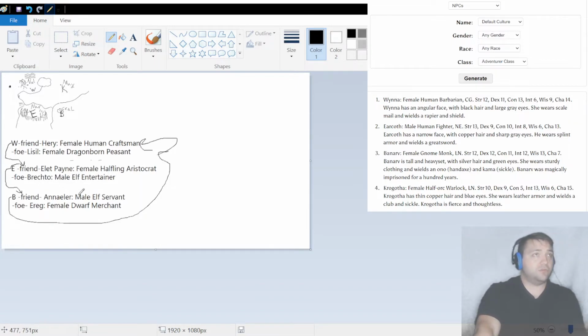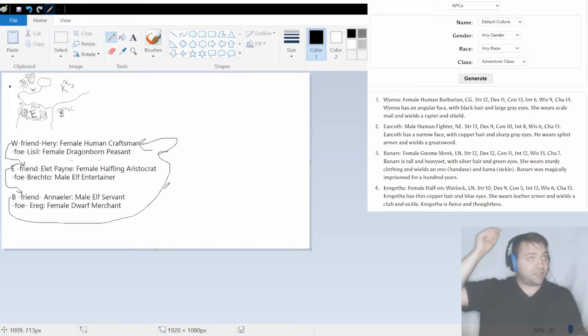Erkoth knows Annalear, the male elf servant. Now, why does this male human fighter have a relationship with this elf servant? They used to be friends. They could just be old childhood friends. An elven servant has maybe hundreds of years of experience, is an upper echelon type person, and if you're a professional fighter, you could be sort of like a knight type where you are well known and well respected,